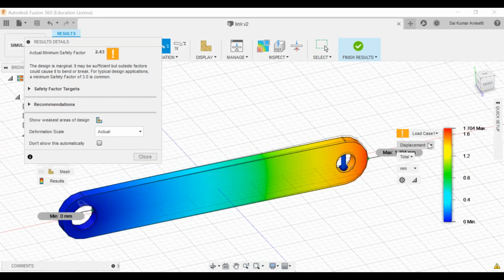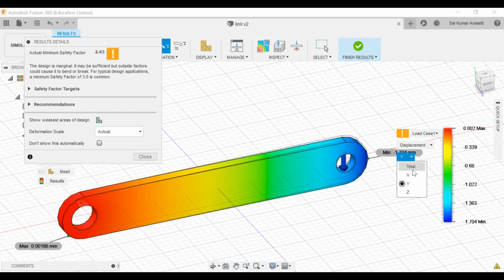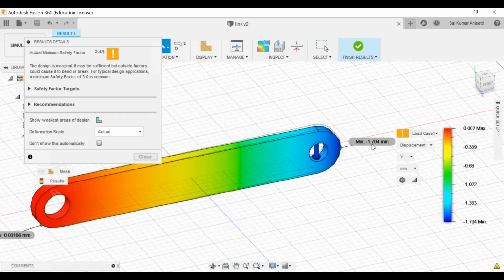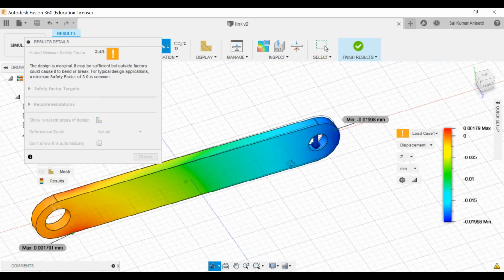Okay, so displacement, you can calculate in x direction, y direction, and z direction. This is your directional displacement. In y direction it is negative 1.7 mm. If you want to check that in z direction, it is generally towards this side.